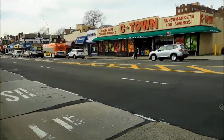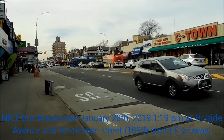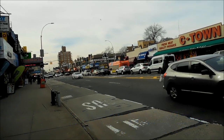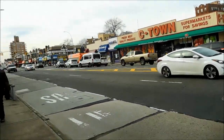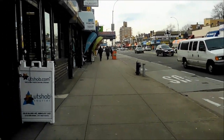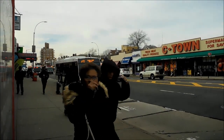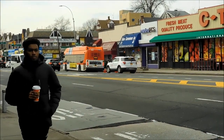Alright, so we got another breakdown on Nice Bus. 1938 was on the N6 or the 24, if I remember, because it's actually the 6, because, no, it was the 24, because I was going from my grandparents' house, dropping off the newspaper, to taking this, walking down from 186th Street to this location, when this bus, 1938, I'm going a little back because I don't want the supervisor to see me. He says that I noticed that the suspension was, the bus was really acting really weird because